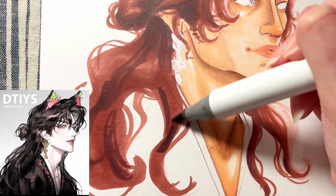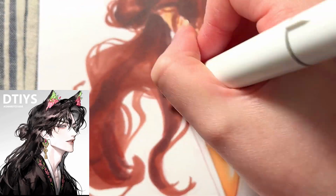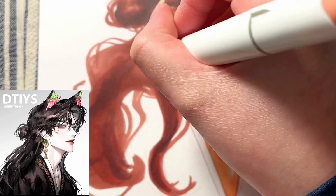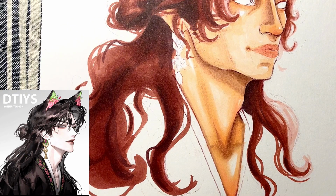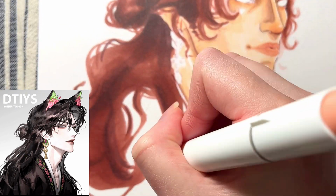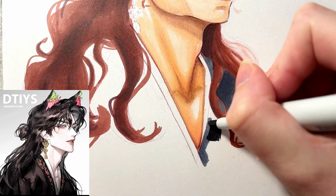Yeah, here I did not know what I was doing, I'm not gonna lie. I was just kind of laying down bits where I could shade it, where it's bending and stuff, where it looks like there might be shadow. I don't know. And also, I don't think it really makes sense the way the hair is falling down on his shoulders, but